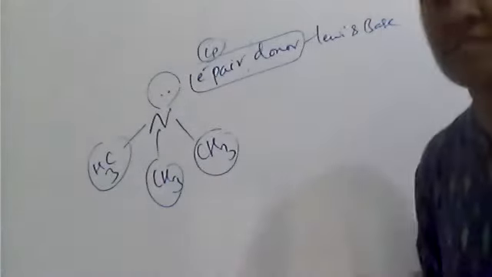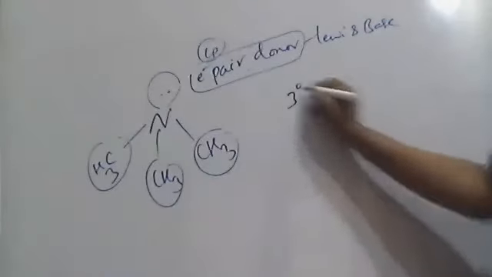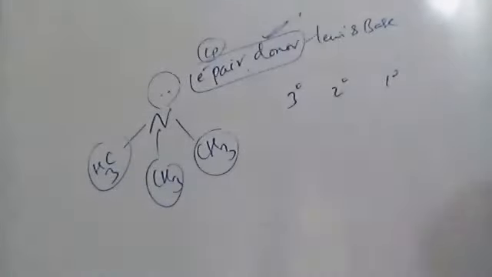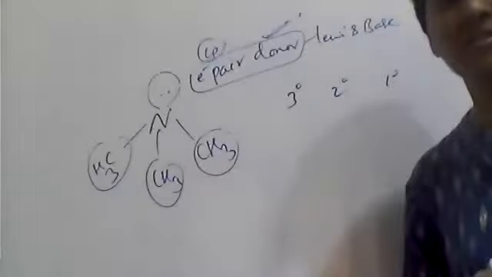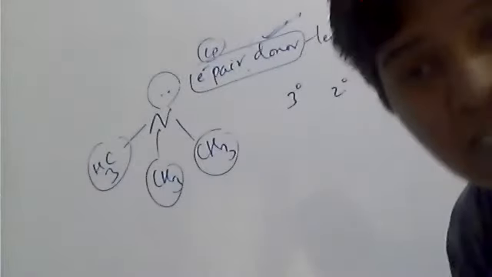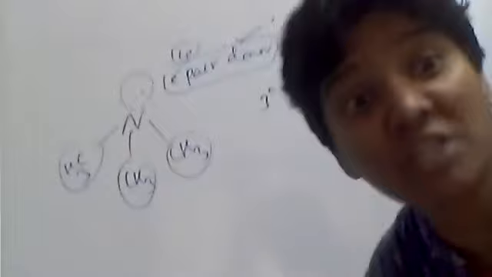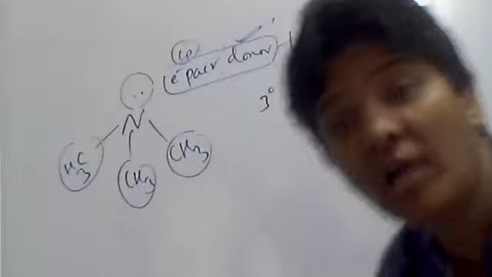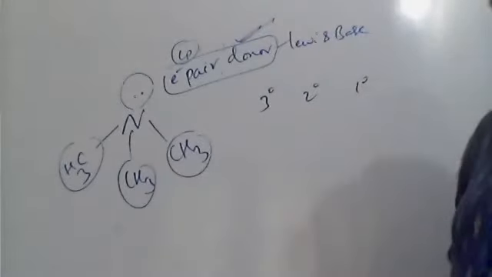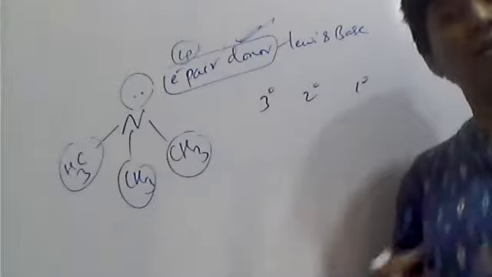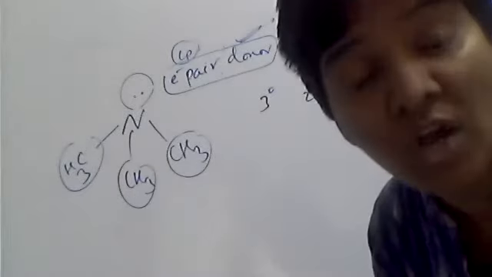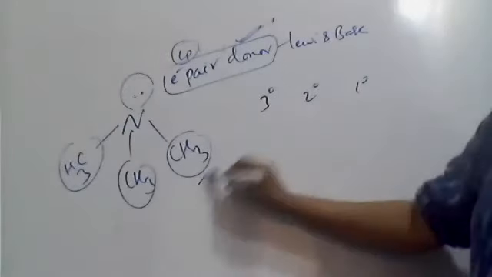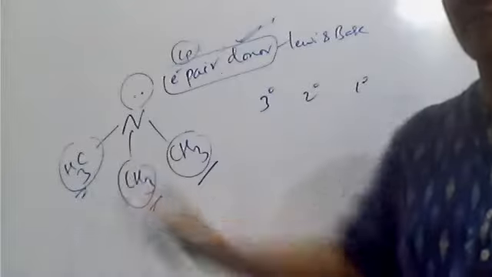Still, the lone pair is present. So remember, tertiary amine, secondary amine, primary amine, all can donate an electron pair as they have a lone pair on the nitrogen. So they can act as Lewis bases. Among them, which is the strong base? Is that clear? All are electron pair donors, whether primary, secondary, or tertiary, but which is a strong base, which is a strong donor? Here it depends upon the nature of the groups attached.